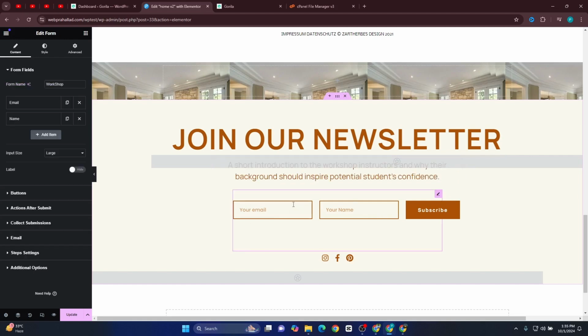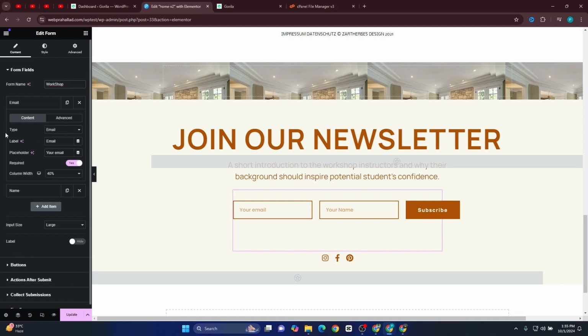Now on the left panel go to the form fields, and this is the form name. You can change the form name, email, type, email, label. You can change the email label, placeholder. You can change the placeholder, email, required, yes, required, column width. You can change the column width,